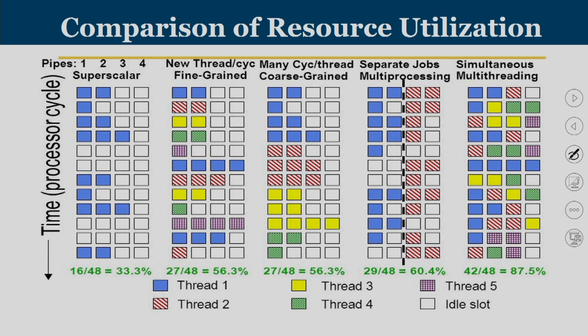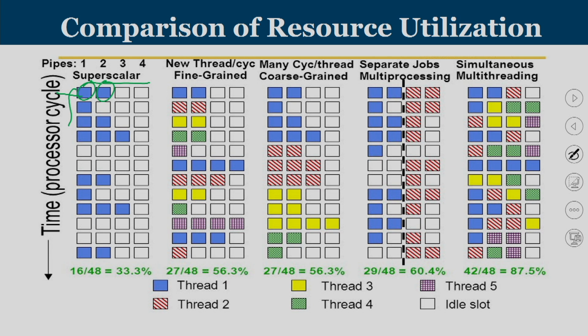This is a comparison which will tell about the terminologies that we have learnt. These are all your execution units. Superscalar means wherever you see blue color, the corresponding functional unit is busy doing some task of the instruction. Wherever you see white color, that is an empty slot. So, in superscalar, I have multiple instructions. See, I have 2 instructions here. I have multiple instructions that are working in the functional units together.